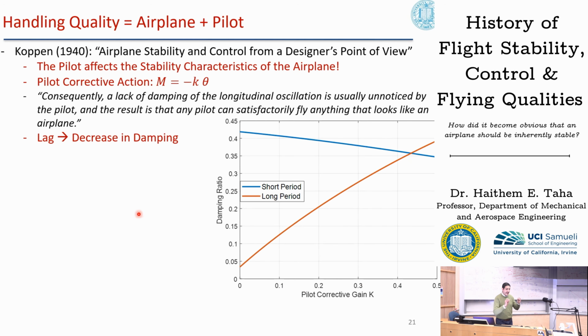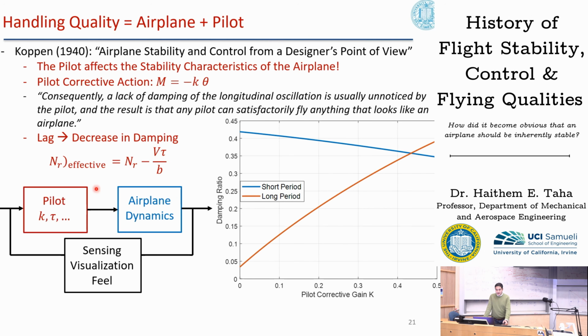So if there is a lag in the pilot corrective action, which is inevitable, this will decrease damping even further. In fact, Köppen provided this interesting relation that the yaw damping, NR, the effective one after the pilot corrective action, is related to the original yaw damping, NR, but subtracted from it some term that is proportional with tau, the time lag of the pilot. And NR, as you guys know, this is the damping of the Dutch roll mode, which is of most concern to pilots and passengers. And Dutch roll mode is also reasonably fast, so any loss of damping is of real concern here.